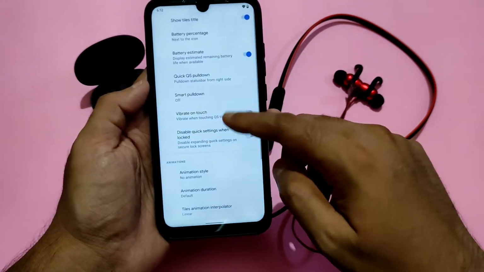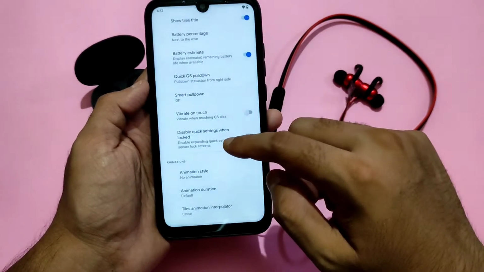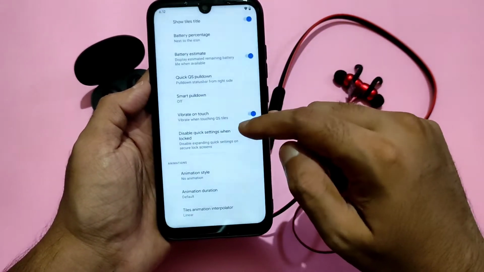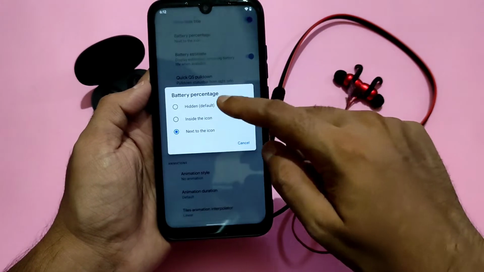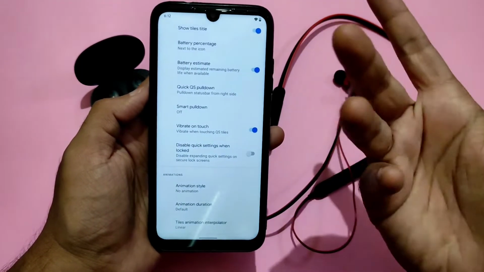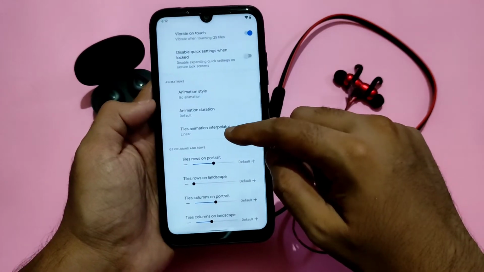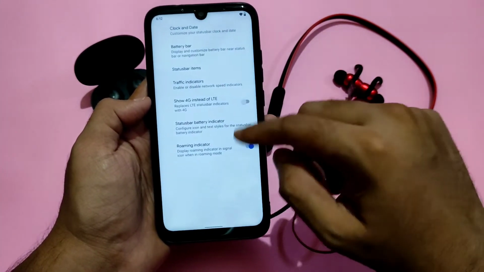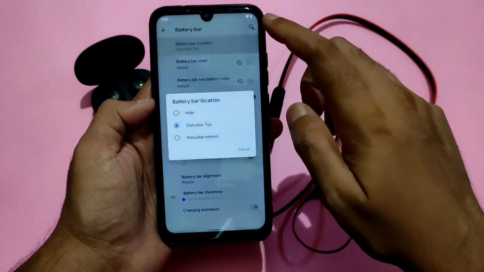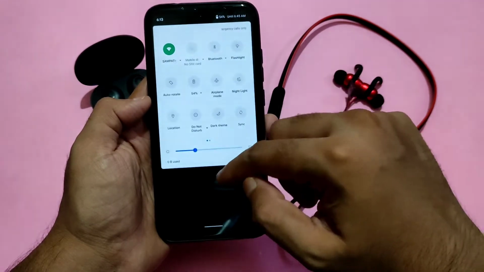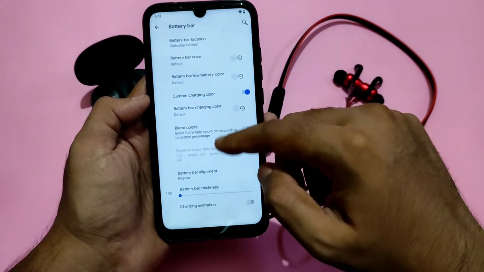In the quick settings panel, there is again a separate settings page. Here you can also customize the battery indicator, battery percentage, quick settings pull down, smart pull down, vibrate on touch. Those options are also given. Even the animation style and animation duration. Coming to status bar settings, here you can select the battery bar location, and this is how the settings look.